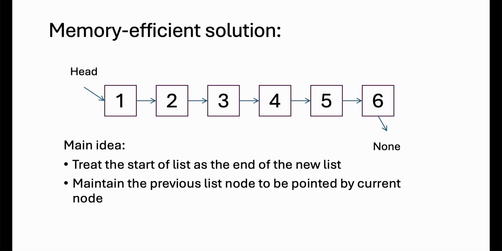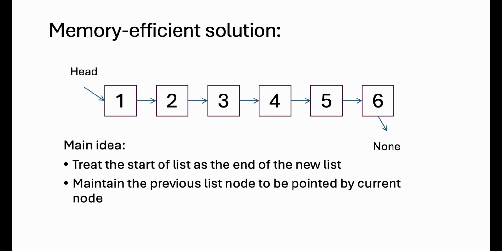So if we cannot use a stack to temporarily store the list nodes so that we can pop them in reverse order, we'll need to change the pointers of the list nodes. So the idea is that we need to treat the start of the old linked list as the end of the new linked list, because we're only given the head of the old list, so we can only traverse in this order. And also, because we need to reverse the pointers in the end, for each node, as we visit them,